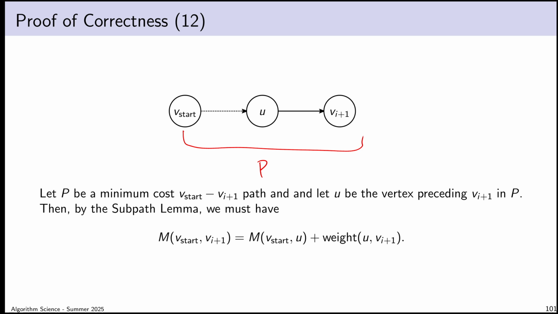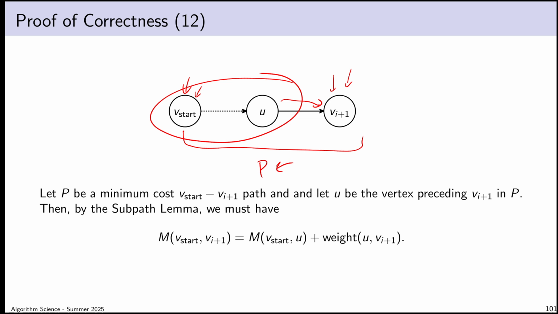Okay, so there is a path from vertex v start to vertex v_{i+1}. Therefore, there is a minimum cost path. Let's let P be that minimum cost path. Now, what's weird about this proof is that it's a bit of an acquired taste. We can't guarantee that everything up to the last vertex of that path is in the tree. We want to say that. That is, what we're expecting to be the case is that a minimum cost path from vertex v start to v_{i+1} contains a bunch of vertices in the tree, and then it takes one step outside the tree to get there. That's what the algorithm actually does. We don't know that for sure yet.